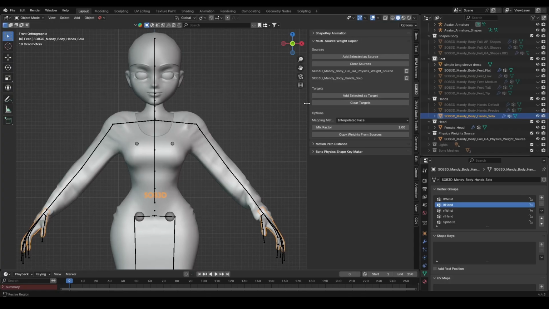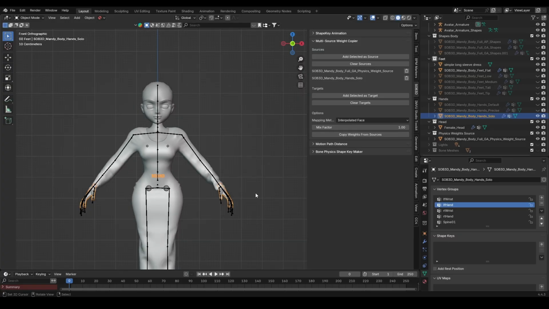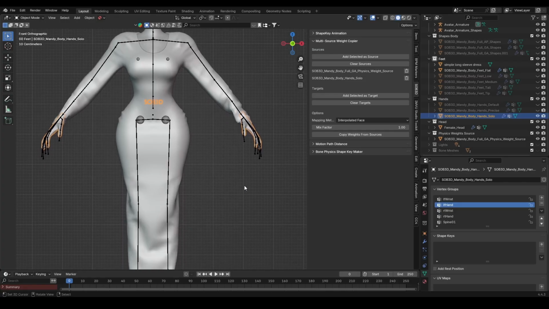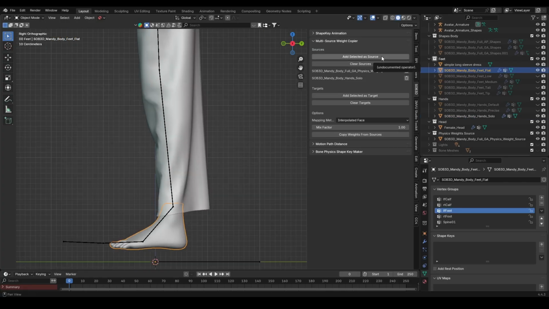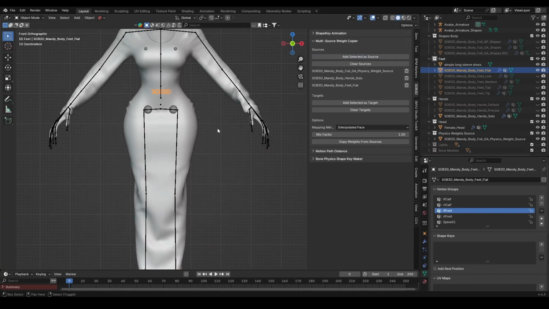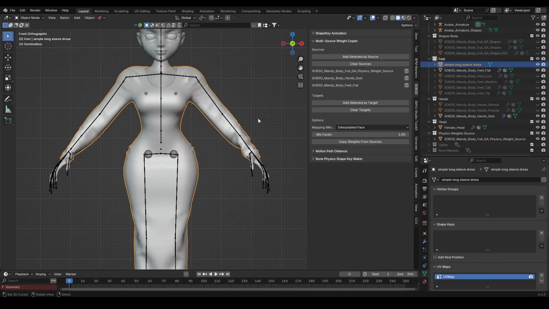By the way, obviously this add-on can still be optimized. It's just a script that I used to use that I turned into a quick add-on to help me facilitate this process. Then also we have the feet. I'm going to add selected as source. So we have three sources that are going to transfer weights onto this item, which I will add as a